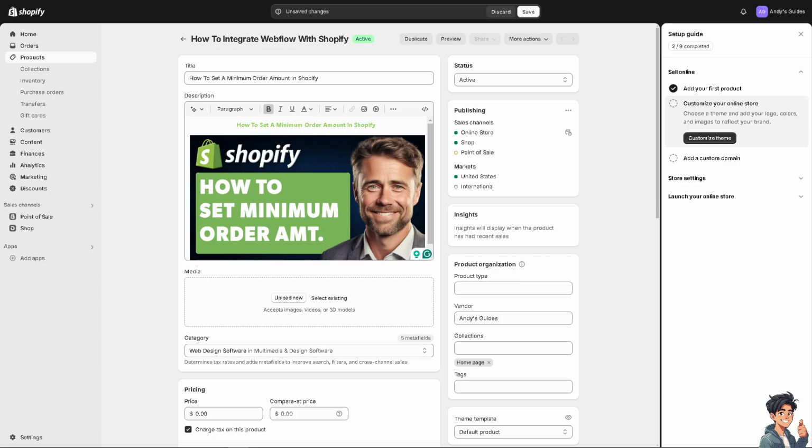Setting a minimum order amount in Shopify can help ensure that customers meet a specific spending threshold before they can complete their purchase. Now, this feature, I find it useful for various reasons, such as improving profitability or encouraging larger orders. If you haven't already set up the product yet here in Shopify, you might want to click Save on